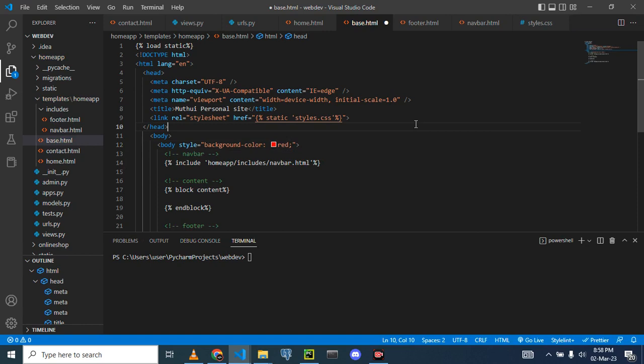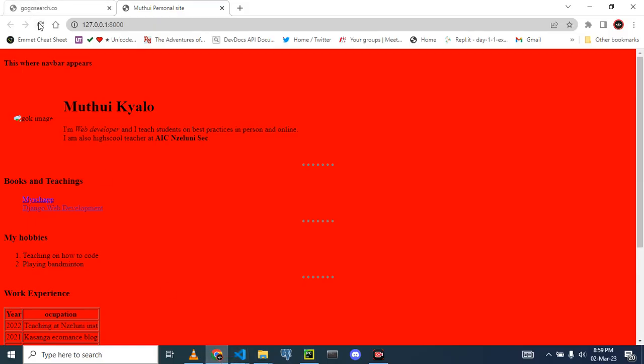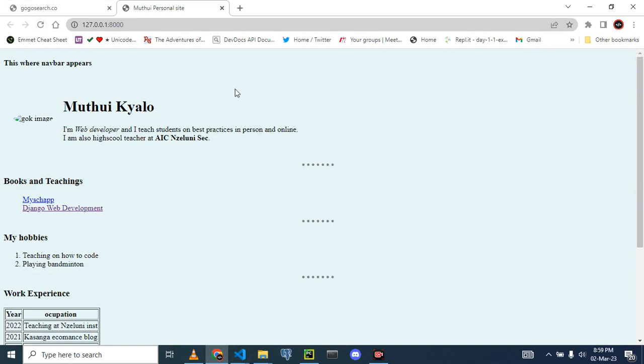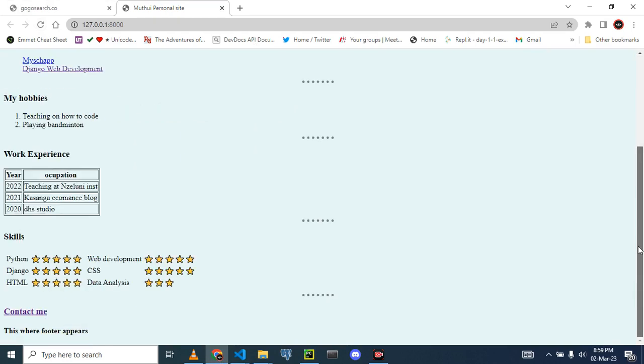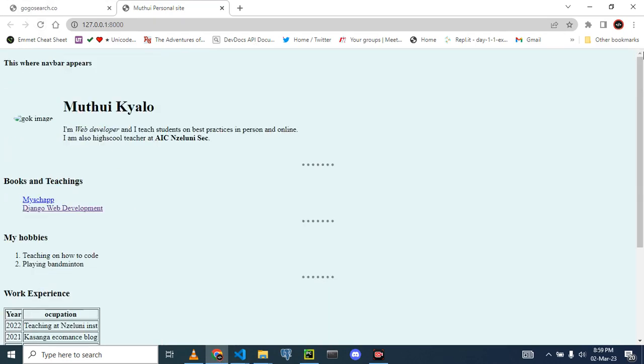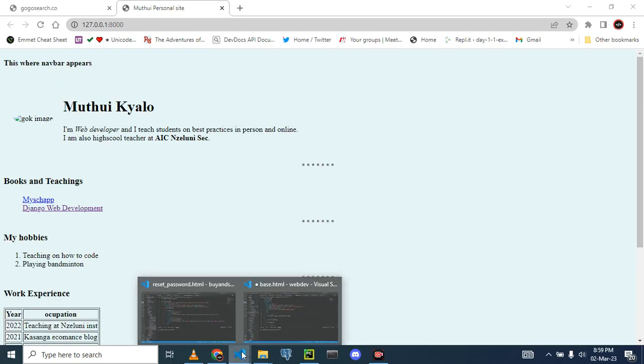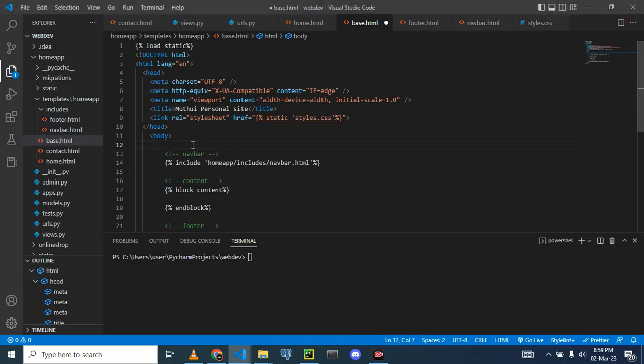Or because we are doing hierarchy, let's not start with this. Right now, when we run our website, it is the way it was. This is external CSS. So external CSS is displaying this kind of background color. Then let's see, we want to style it now with